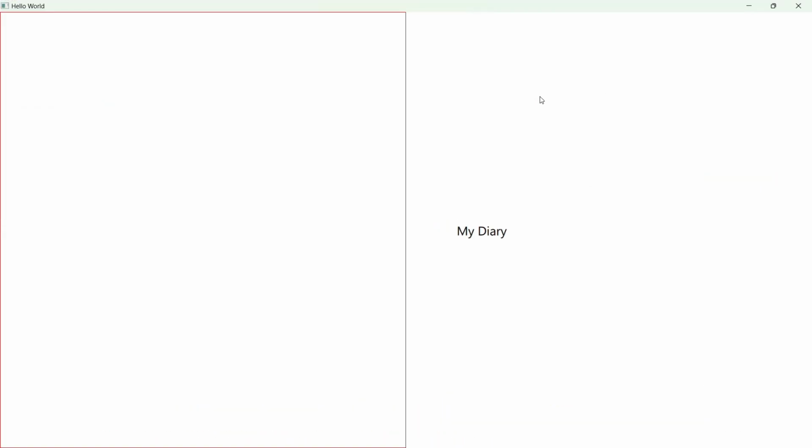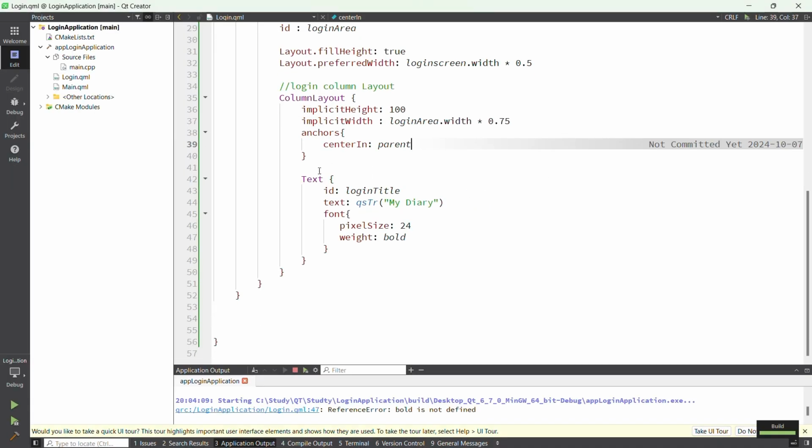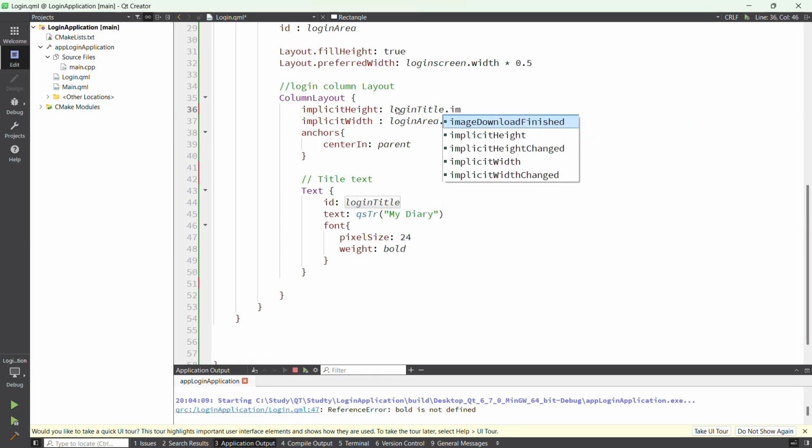Yeah, the layout is coming in the center. We add our height to the implicit height. Then next,